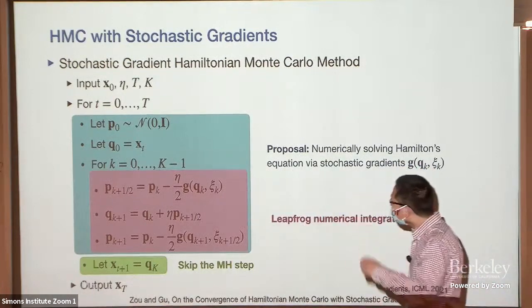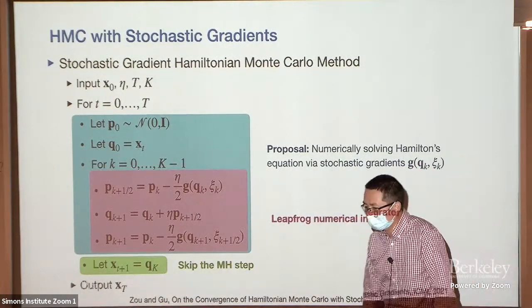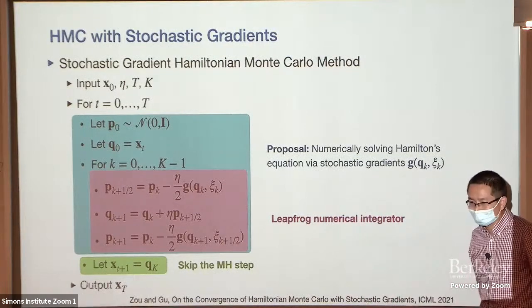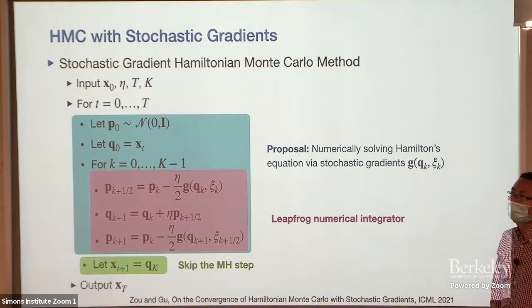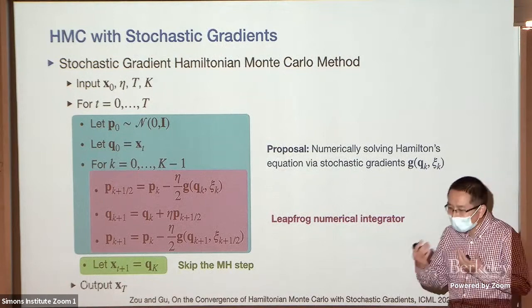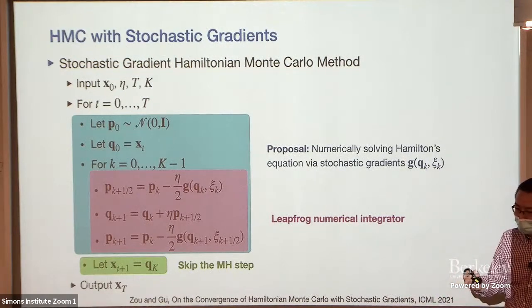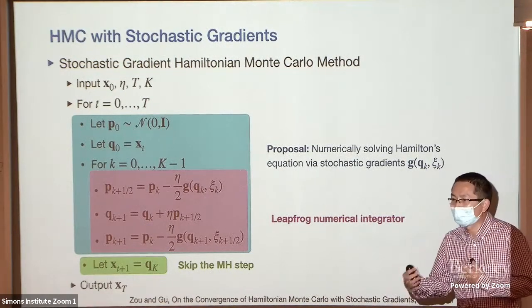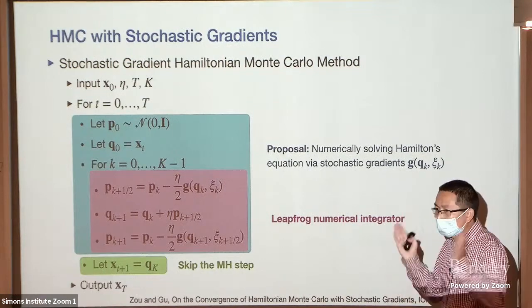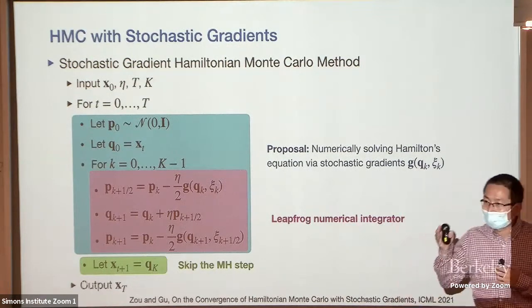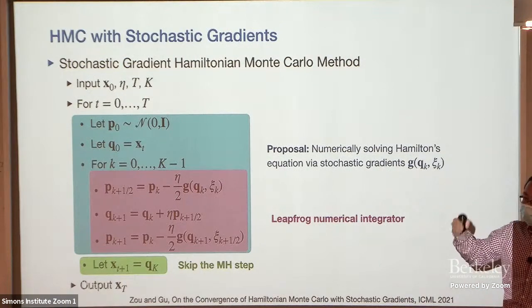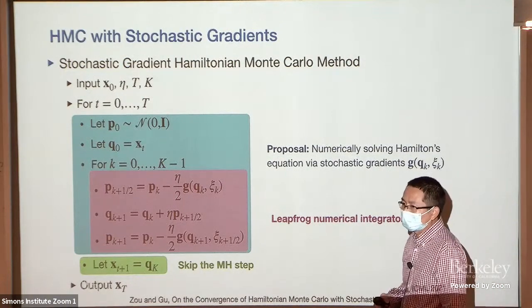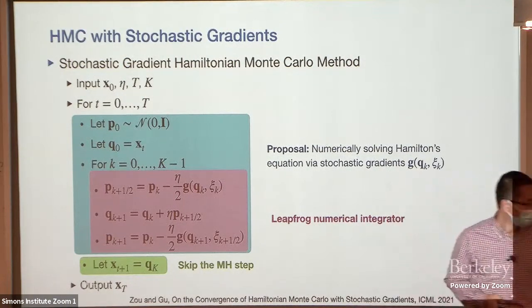Okay, and we don't do Metropolis-Hastings here because we want to avoid the calculation of the full gradient, and also the calculation of the exact function value, because when you calculate the function value, you also need to calculate the function value for each f_i, which might also be time consuming. Okay,